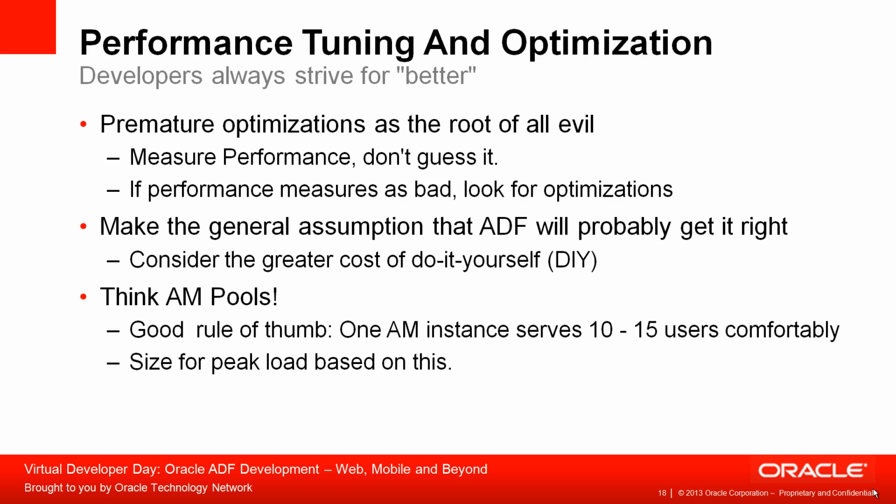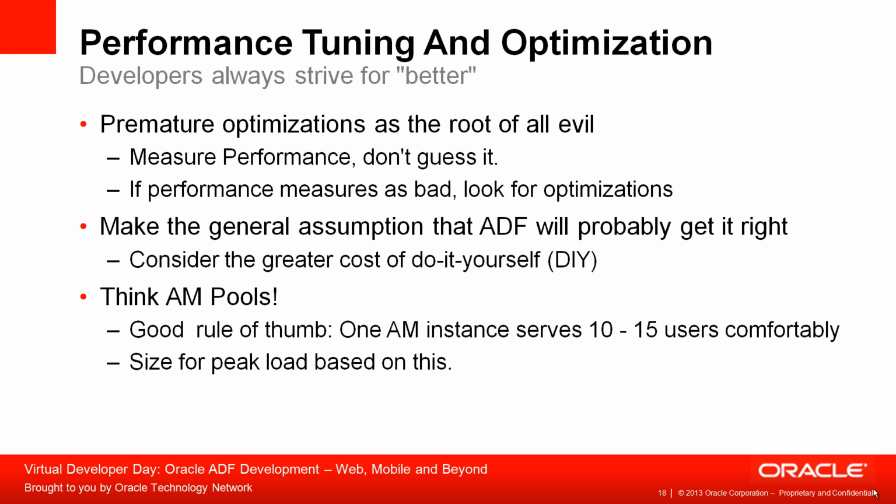Developers always strive for better, and as soon as they start working with a framework, they don't trust the framework and they tend to tune the framework. And if that is without reason, if they're not experiencing a problem, then that falls under the category of premature optimization, and that typically is a waste of your time and a waste of your resources. If you have doubt about performance, measure it. If you can measure a problem area, it's easier for you to identify what needs to be done and then look for optimizations. First of all, make the assumption that ADF probably will do it right and that doing it yourself, controlling it yourself, most likely opens a can of worms instead of really doing anything better than what the